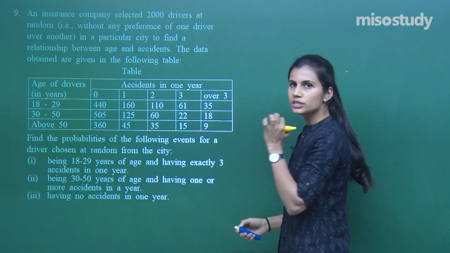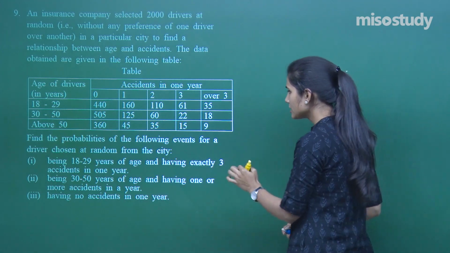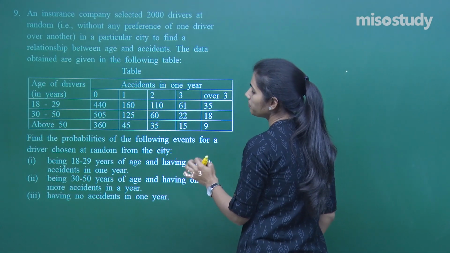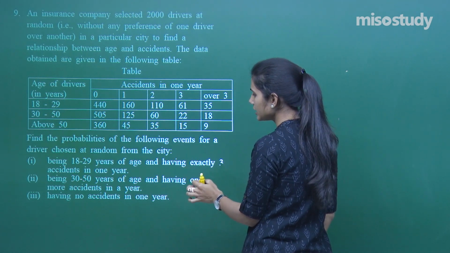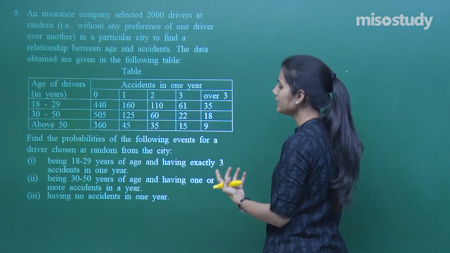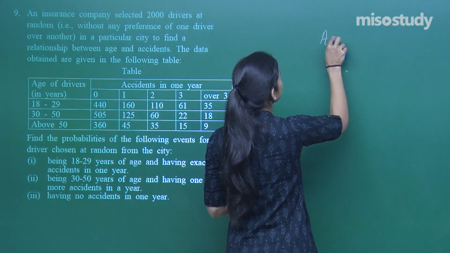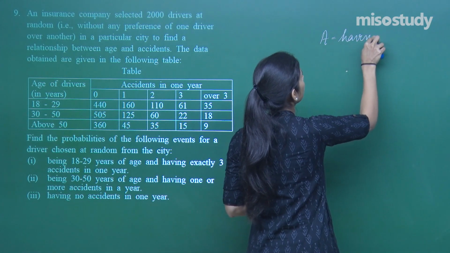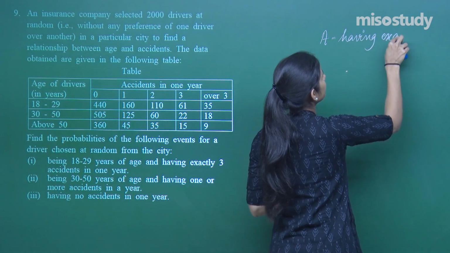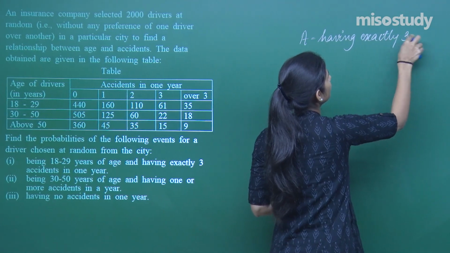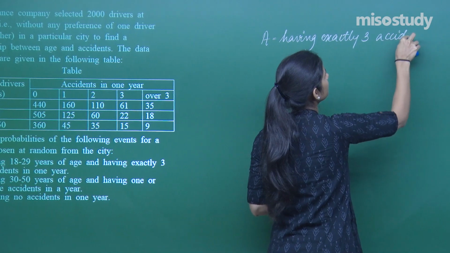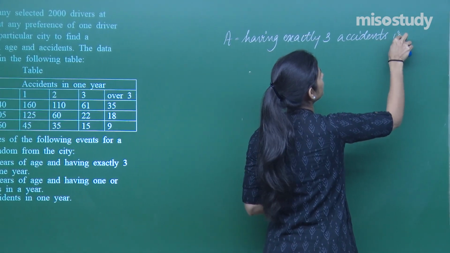Out of 2000 total number of drivers, what is the probability of being in the age group of 18 to 29 years and having exactly 3 accidents in 1 year? So, if event A is having exactly 3 accidents in a year,